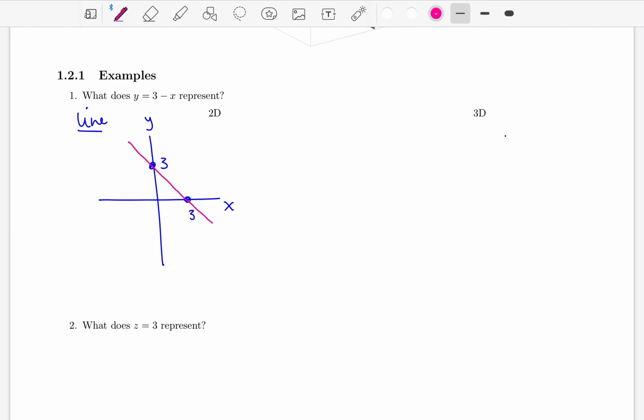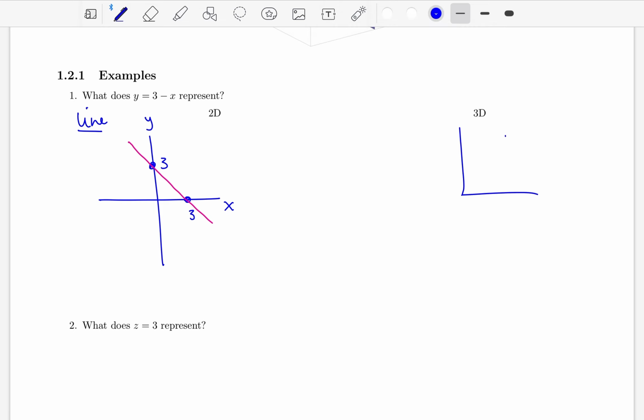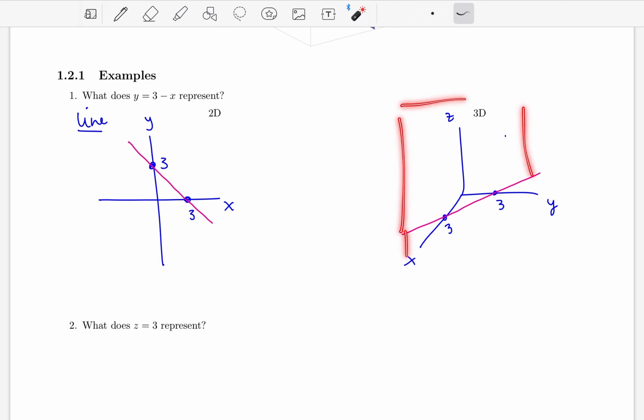Now, same thing that happened before is going to happen here. What's going to happen is that in 3D, this is x, this is y, this is z. I still have the same line on the xy plane. So this is 3 and this is 3, and I still have the same line. But now if I'm in 3D, I can extend it to 3D by pulling my line and turning it into a sheet of paper. Like, that's the way I like to think about it, right? So this is going to be,